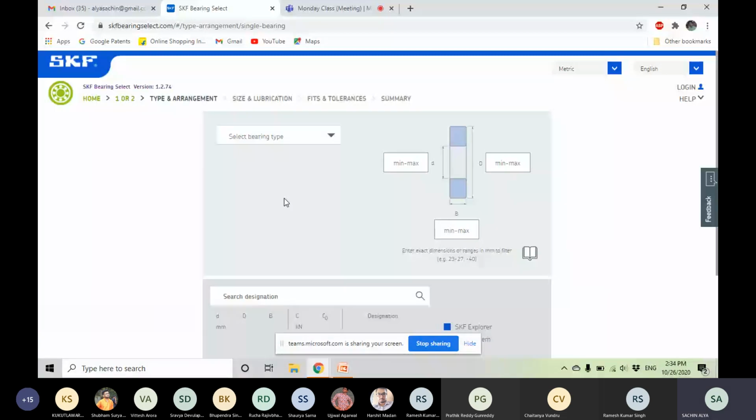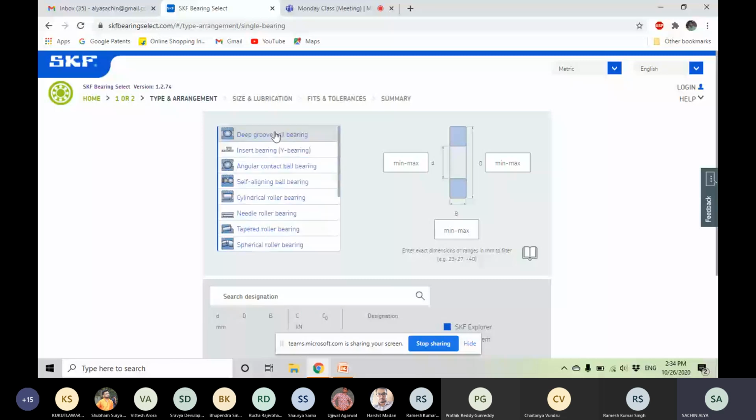So here it comes, selection of bearing. So this is the bearing, like deep groove ball bearing, which we have already discussed. The insert bearing. So these bearings are used in very rare applications where the bearing does not have to be in a particular housing.